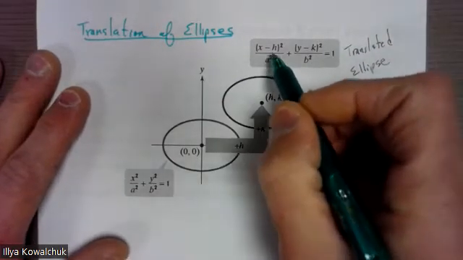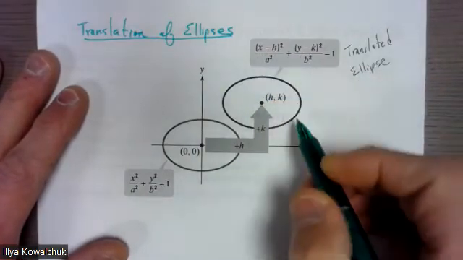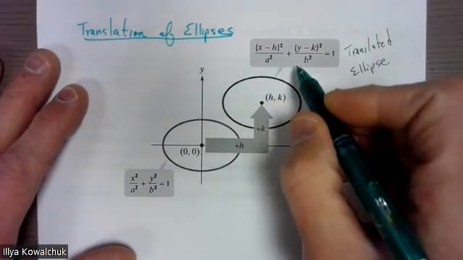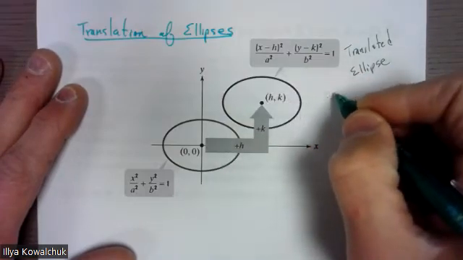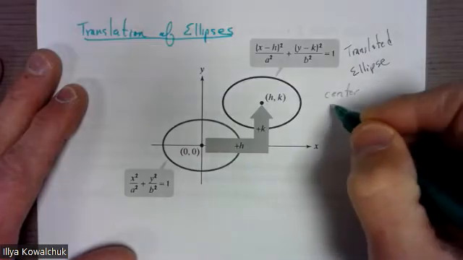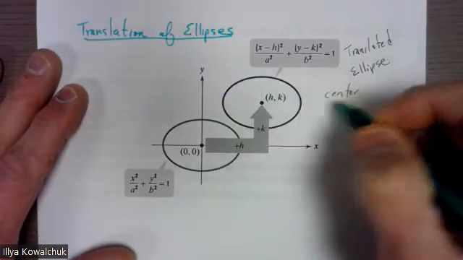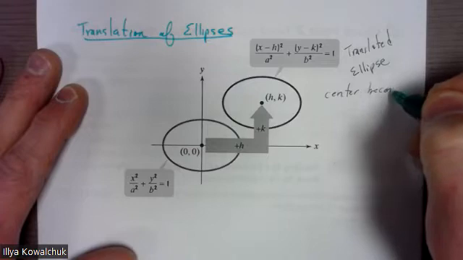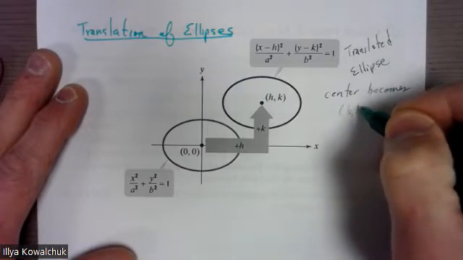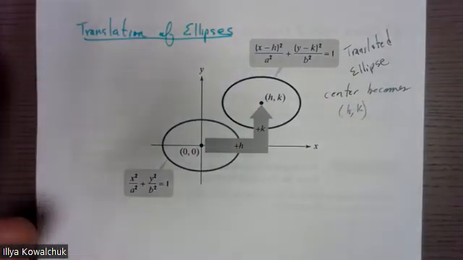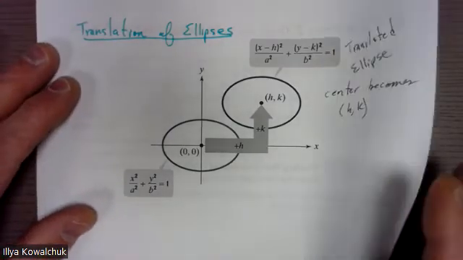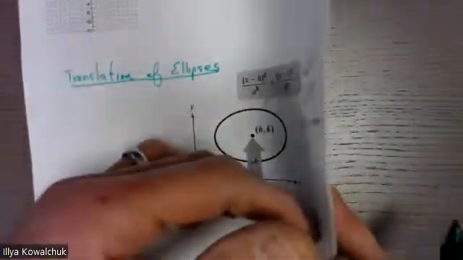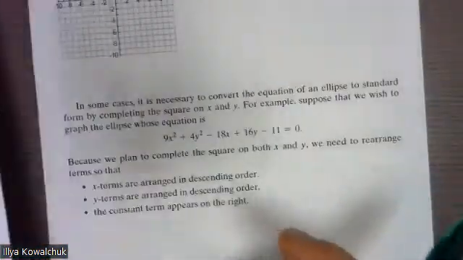So we see the difference is that here we have the x minus h and y minus k. So what that's going to mean is that the new center is going to be this h comma k. So the center gets shifted over h and up k, becomes h comma k of our new ellipse. So how does that work in terms of a problem? Well, let's look at one and we'll figure out how we're going to translate an ellipse in terms of the